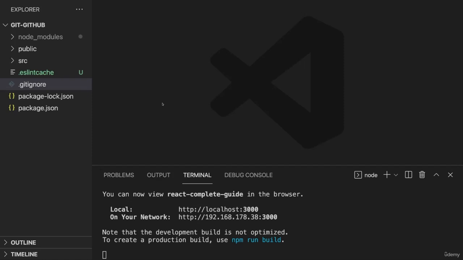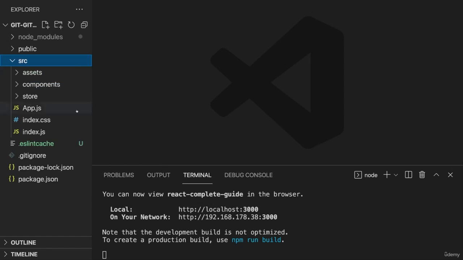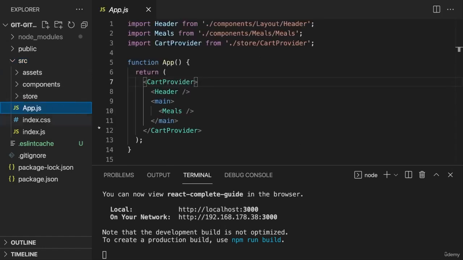So let's now start working on the code and let's see how we can then leverage Git to track our local code changes. And for this, we of course have this starting project. I want to go to app.js and start adding some changes there. In there, I want to make sure that we add logic that allows us to show or hide this shopping